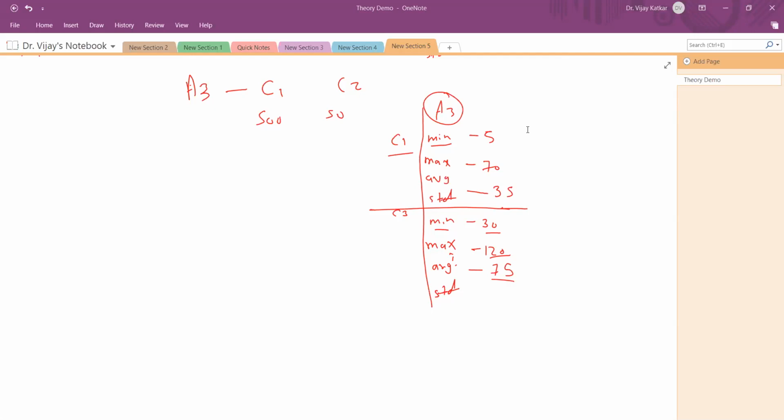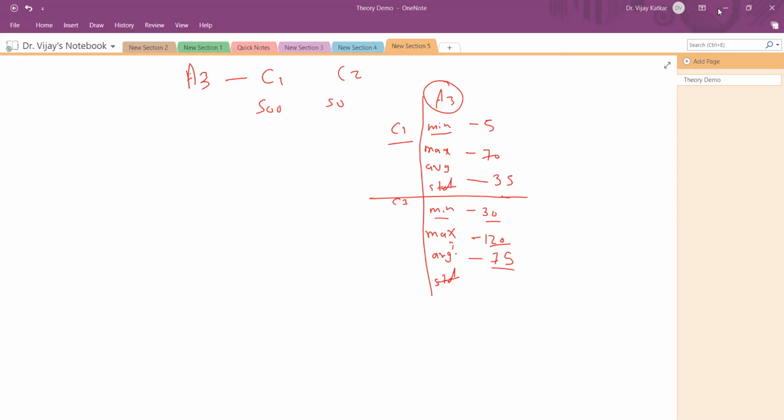Okay, no one. See, if you observe carefully, here average is 75, even though the minimum is 30. Most of the values are above 75, and this average of 75 is because of this minimum value of 30.